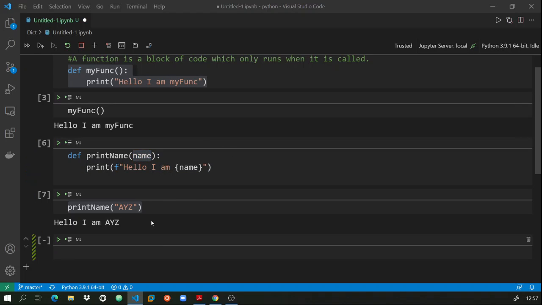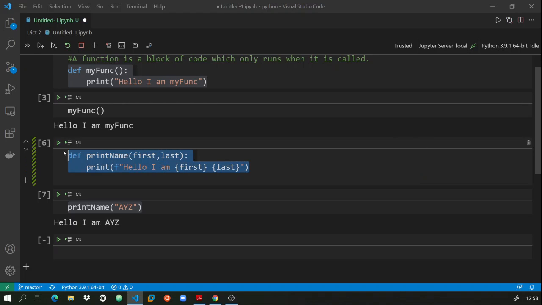We can pass multiple arguments to this print_name function as well. Let me put it in small, first comma last. The user will give the first name as well as the last name. Let me put it as first here and then last as well.